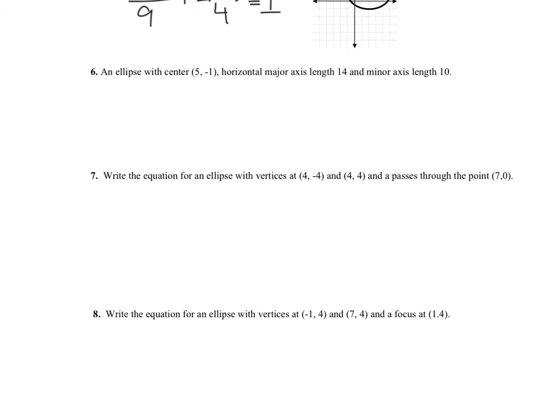Okay, number 7. Write an equation for an ellipse, vertices are given, and it goes through this point. This one can be tricky. However, this certain problem is not. But this can be a trickier type of problem. I'll show you why. So if you go to 1, 2, 3, 4,